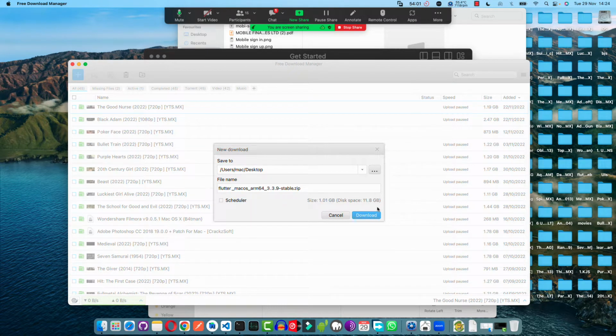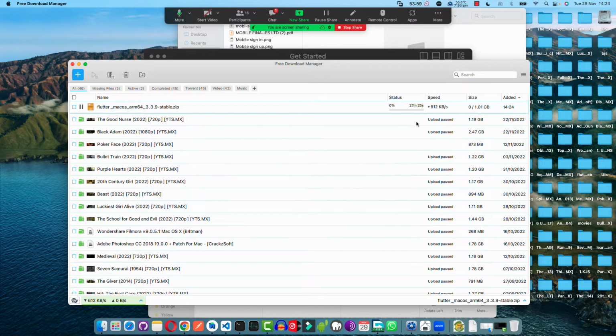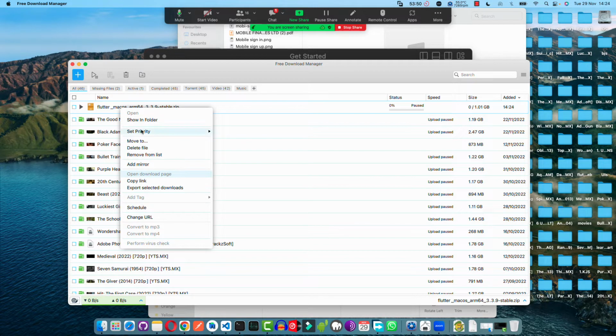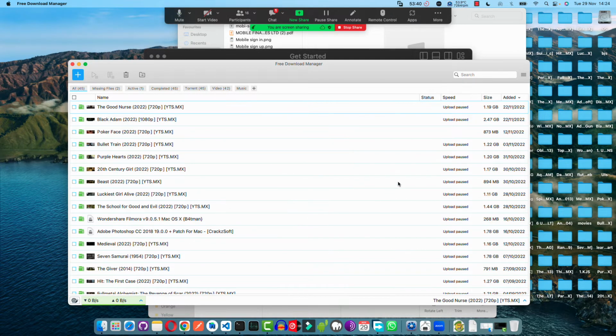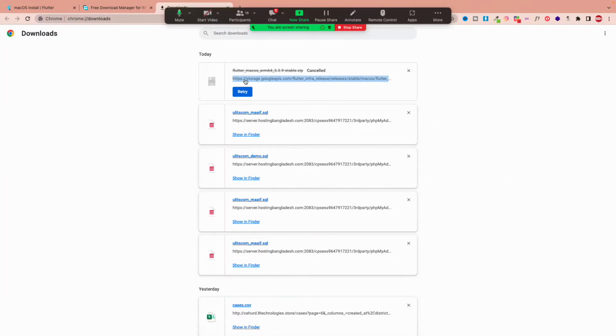So the advantage here, even though my internet goes off, it will still be able to resume. And also the other advantage here, it downloads much faster than the normal browser. You can pause, you can do anything. So once it finishes, you'll have the Flutter SDK in your laptop. So let me go ahead and delete this file because I don't need it. So that's how you download